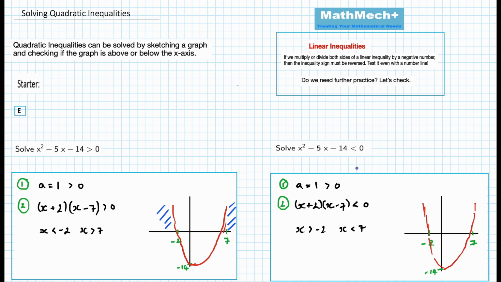Picture looks okay, good enough. So as I said, it's less than 0, so the x values are below. I'm going to now just write down if you had a variation on this where it's actually less than or greater than and equal to. So as I said, for the first example, it would be above and on the x-axis. And for less than or equal to, below and also on